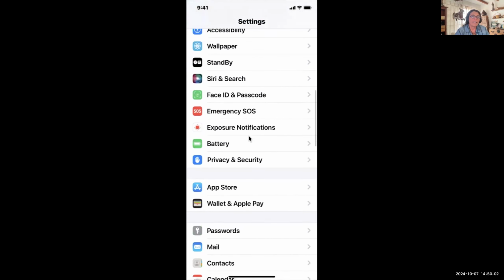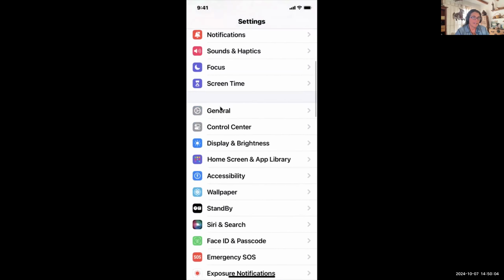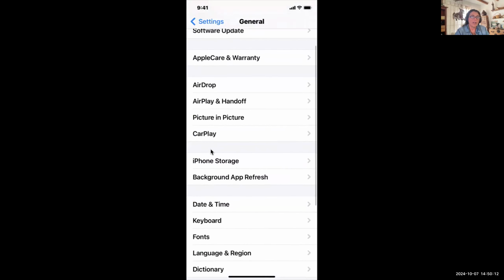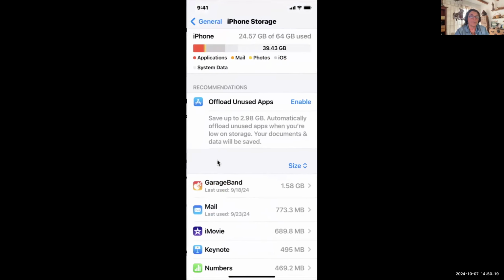But if I want to find the stuff that's in it, then I would also go through storage. So again, general, just like we did on my computer, only this time we go to iPhone storage. Instead of just storage, Mac just said storage here, it says iPhone storage. And here it's telling me how much space I have in my phone. I have 24 gigabytes used of 64. So this is exactly the same thing that we just did with, oh,